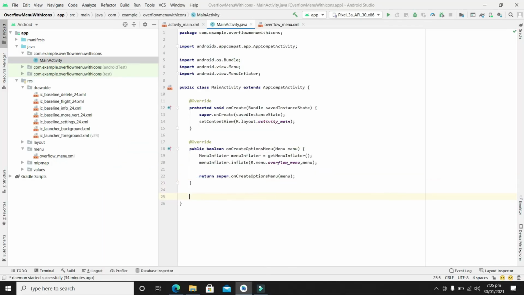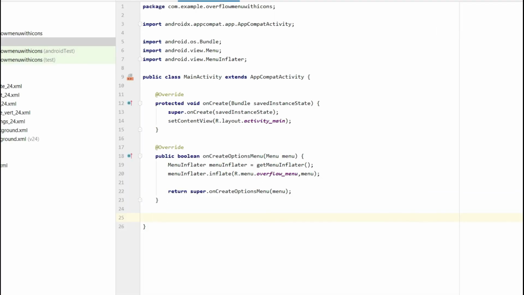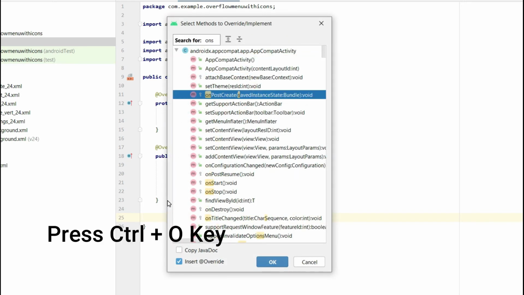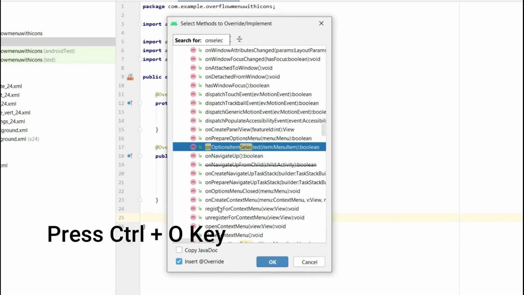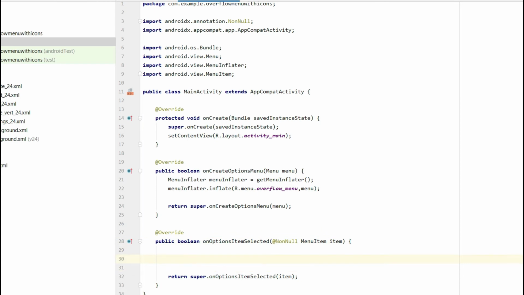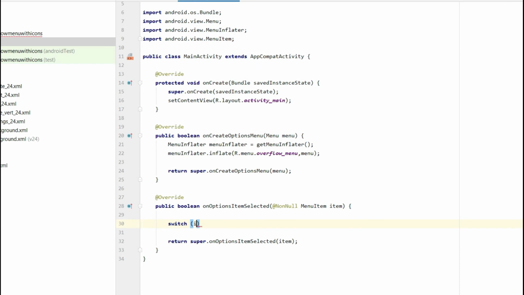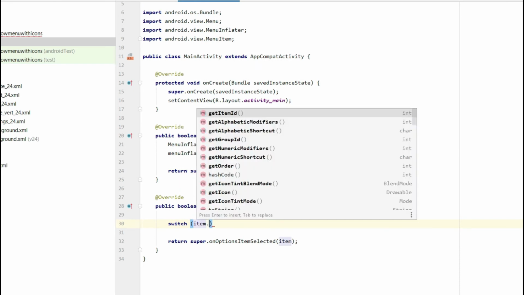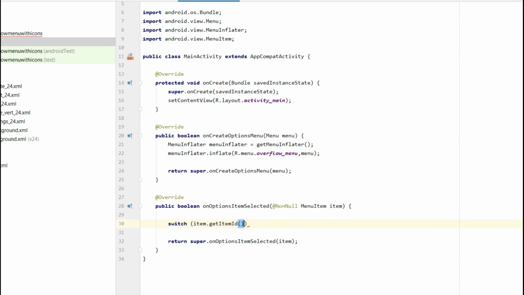Now one last thing, we want to know the option selected by the user. Whenever the user selects an option in the overflow menu, we want a callback method. For this, again press Ctrl O and search here on option selected event, and so we have multiple options. For this I will write a switch case here, and from here write item dot get item ID.